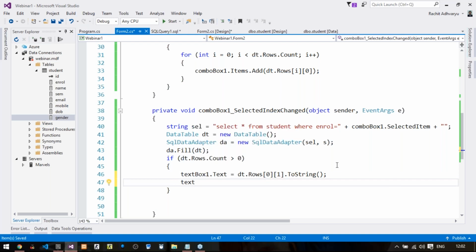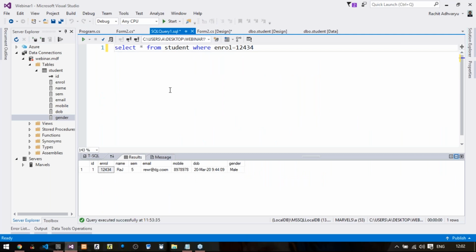So dt.Rows, again the index of row will be 0, .ToString(). Now what is the index of name? 0, 1 and 2. So it will be 2.